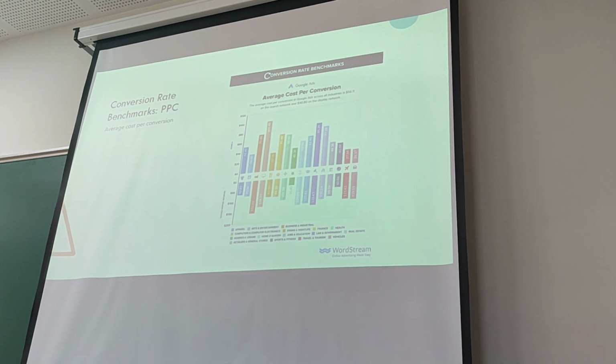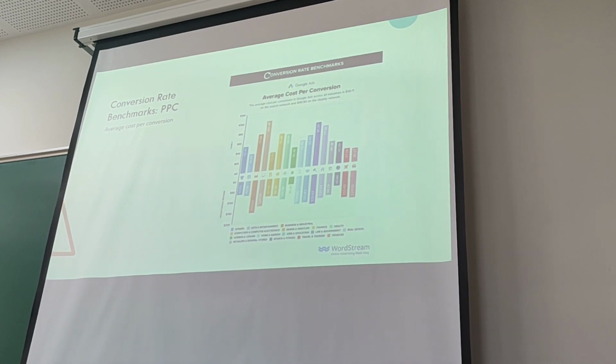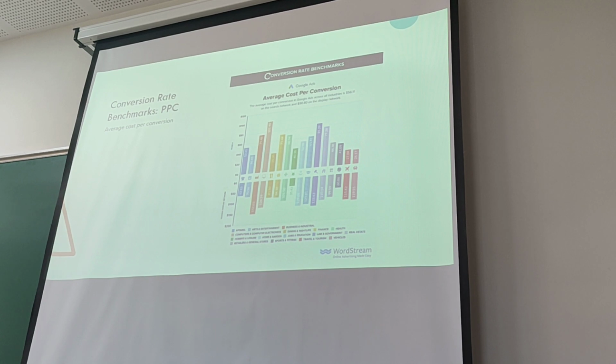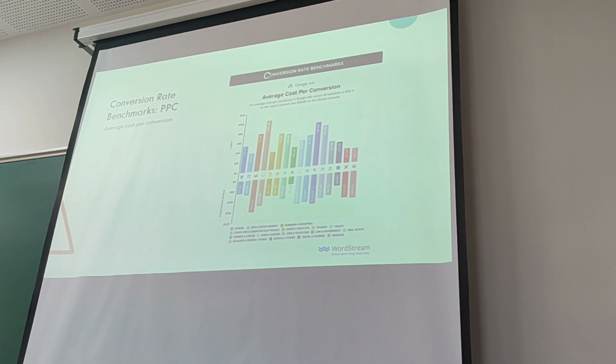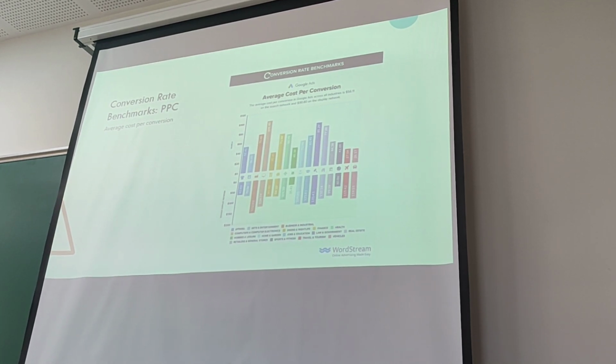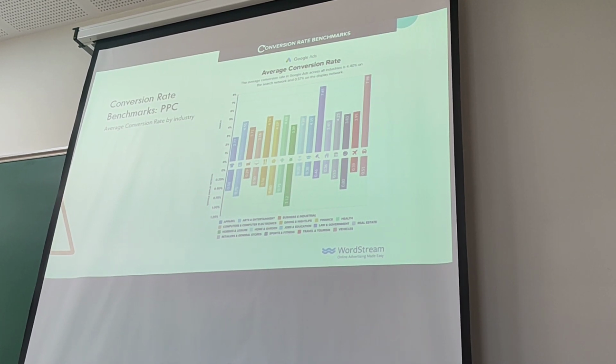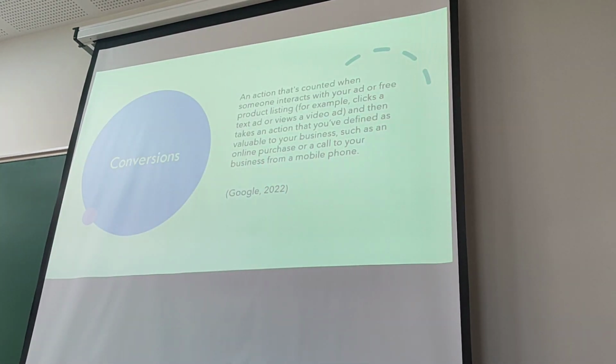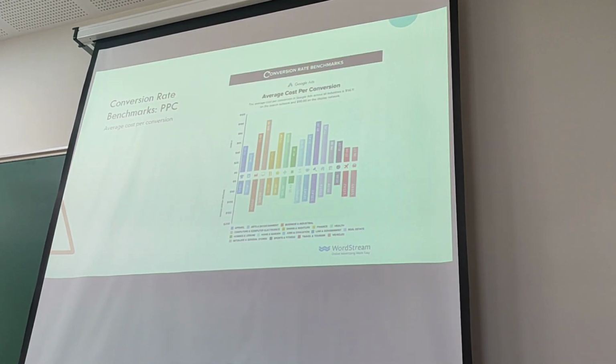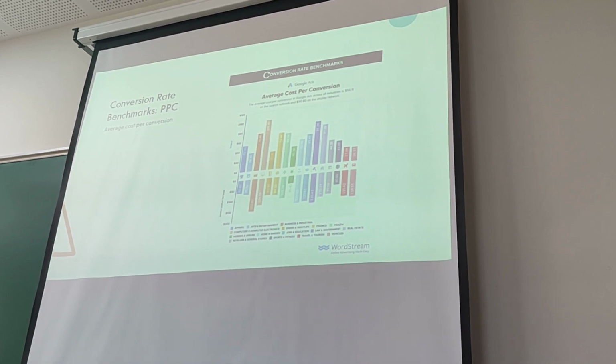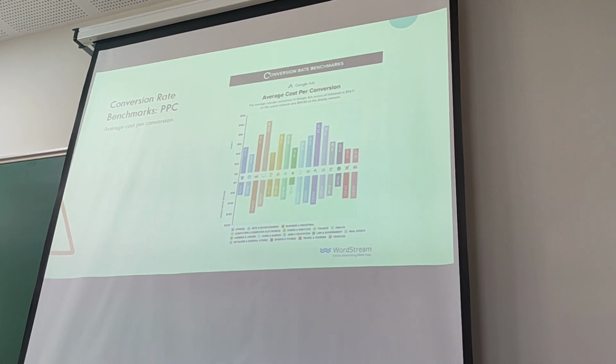The way that cost per conversion is calculated is by dividing your total cost by the number in your conversions column. So you look at the number of actual conversions that you've got, and then look at how much you've spent to get those conversions within that time frame, and that's going to get you the average cost per conversion. But obviously Google does all that for you. Google has all this in the dashboard, in columns.